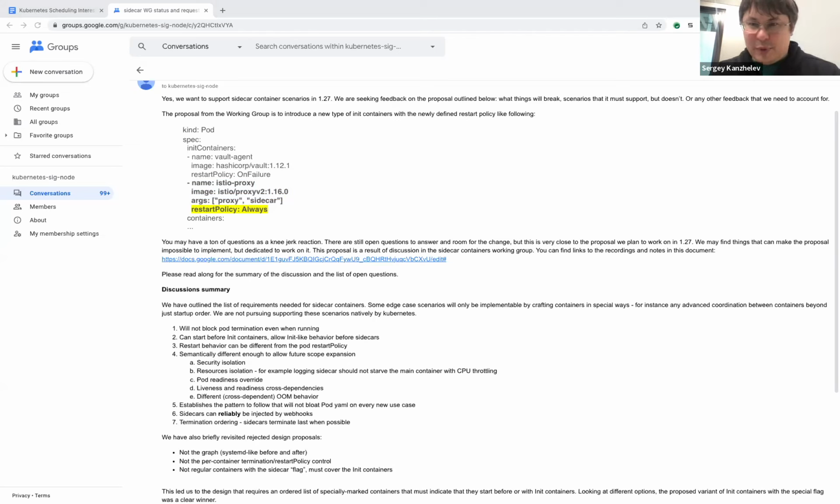And another proposal was to have fake containers in the containers section that will duplicate the sidecar containers, and they will be ignored by kubelet when they are actually scheduled. I don't know how much you want to invest into that workaround, but it sounds a little bit too much to worry about. But if you think that it's something we need to think about, I would really appreciate the feedback.